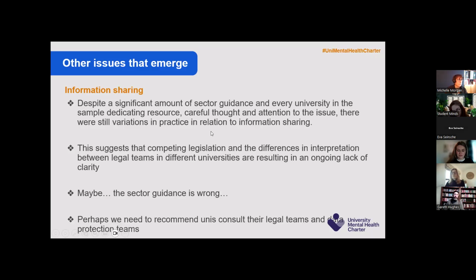And one of the things I would say is that if we are finding problems around information sharing, or if we're concerned about a university's approach, we probably should, in our recommendations, be directing university colleagues back to their legal teams and their data protection teams to clearly make decisions about this. We need to be careful about offering advice on this because it's such a murky area with so much complication. We need to be careful that we're not seen to be offering legal advice when we're not in a position to do so. So if we're concerned, we highlight why we're concerned and then say, you should go back to your legal team and your data protection teams and have conversations about these issues and come to a conclusion.